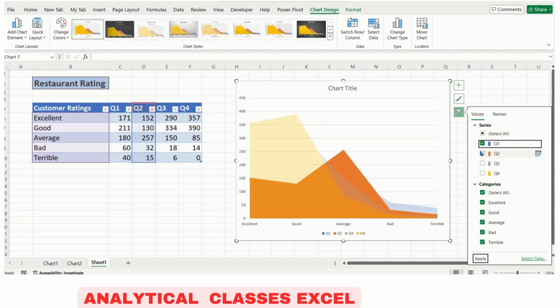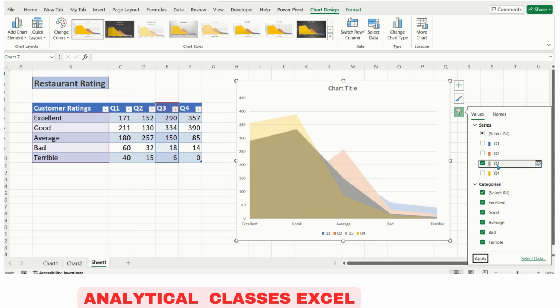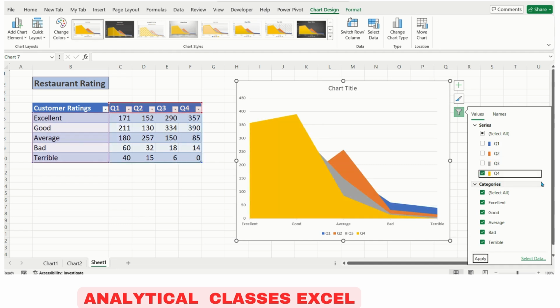Let's untick quarter 1 and tick quarter 2. We can see that it has this much area, and these are the values corresponding to quarter 2. Let's untick this and go to quarter 3. We can see quarter 3 is this much area. Let's untick again and go to quarter 4. So in this way you can filter it out and see the values.